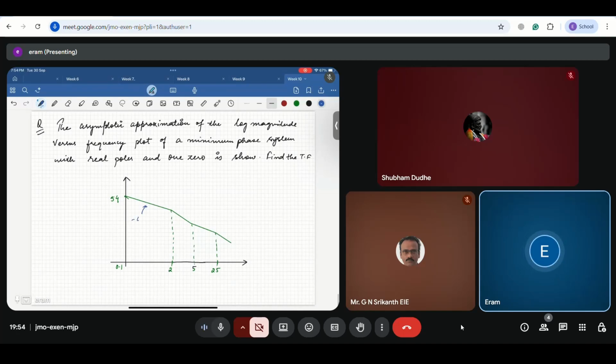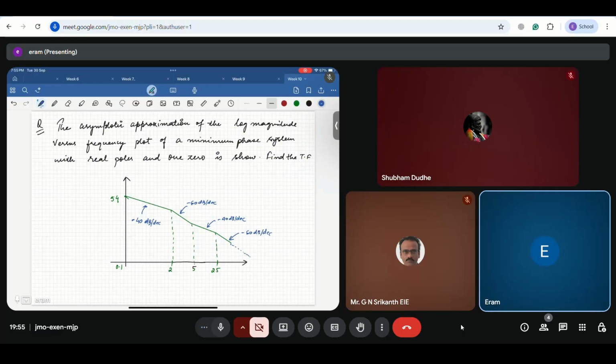This slope is minus 40 dB per decade. This slope is minus 60 dB per decade. This one is again minus 40 dB per decade. And this is minus 60 dB per decade, so on. So at high frequency you have a slope of minus 60 dB per decade. So for this Bode plot, try to find out the transfer function,